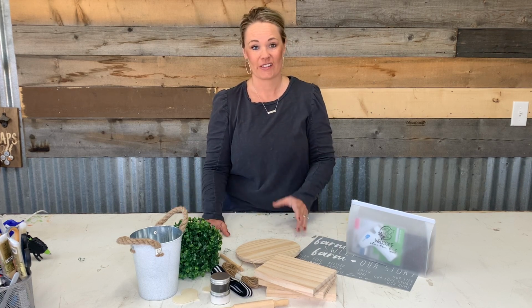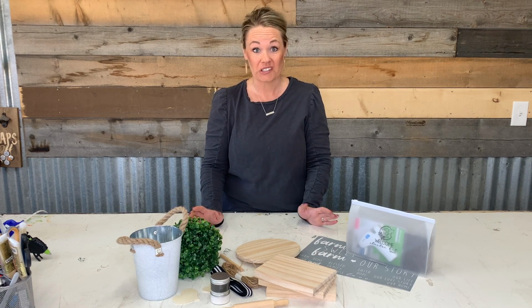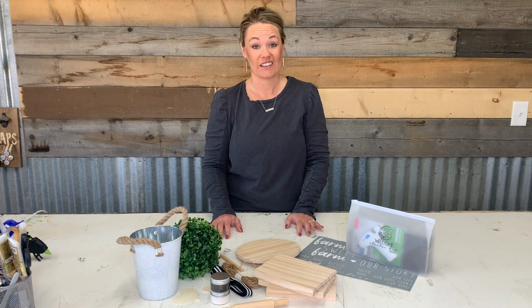I've already got everything unpacked and there's so much stuff to do. It's going to be hard to decide, but there's lots of possibilities and I'm excited to see all of your